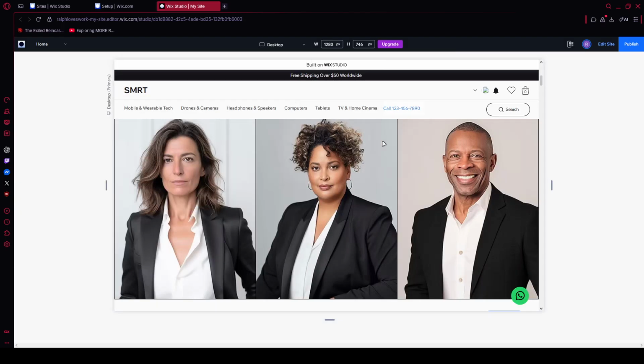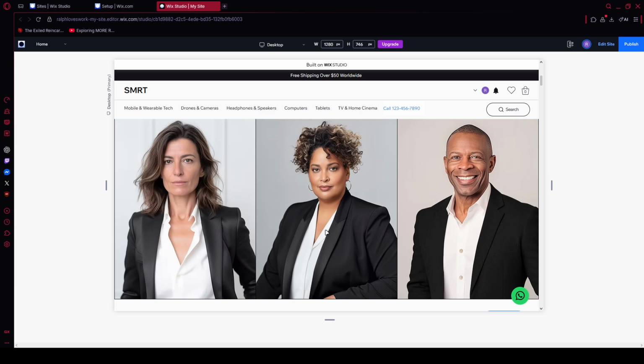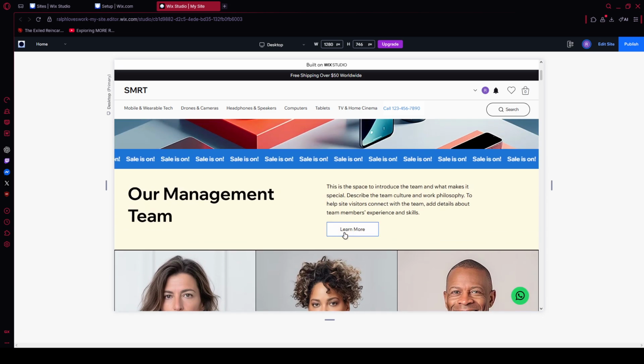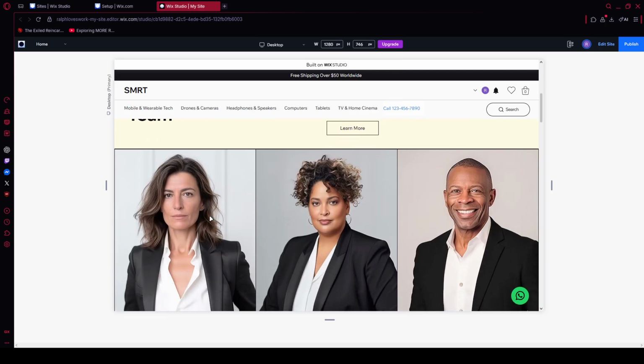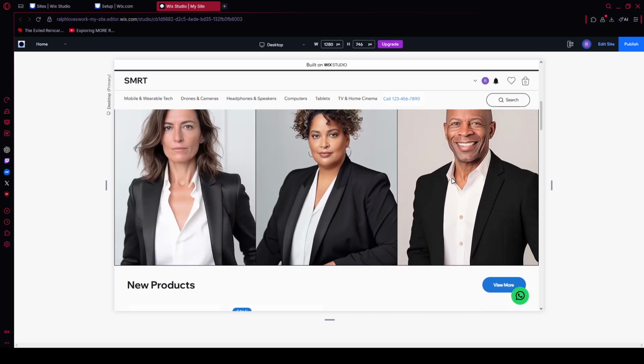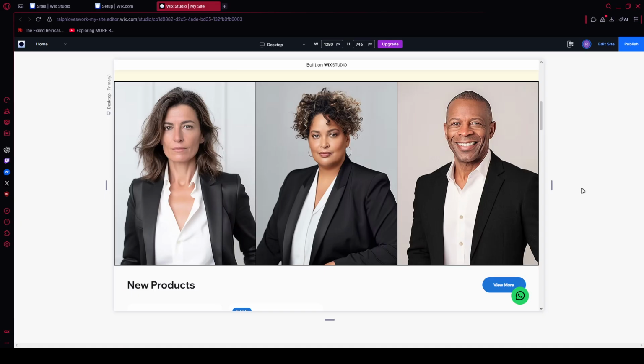When you're ready, click Preview in the top right to open the preview window. Check how your columns stack on mobile and make sure text and images remain legible and well spaced. If anything looks cramped or misaligned, return to the editor and make